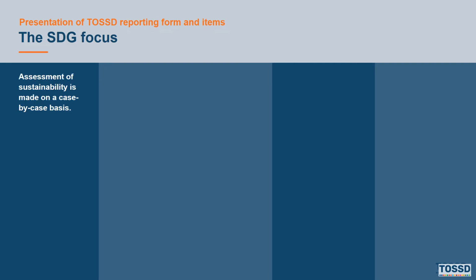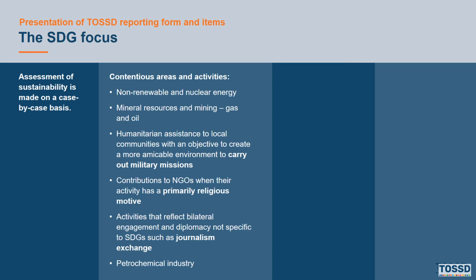Beyond the sustainability principle explained in the previous slide, there is currently no detailed guidance on how to apply and operationalize this principle in specific sectors. Therefore, the assessment of sustainability is currently made on a case-by-case basis, and examples of contentious areas and activities that were mentioned by some reporters include non-renewable and nuclear energy, mineral resources and mining, humanitarian assistance to local communities with an objective to create a more amicable environment to carry out military missions,